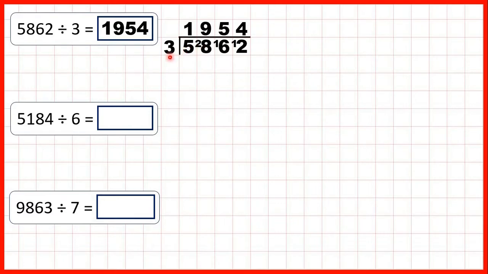The one thing to remember when we're dividing using short division is that the remainder will always be less than the divisor. So because we're dividing by 3, if we get a remainder, the remainder can only be 1 or 2. It can't be 3 or more. So now let's try